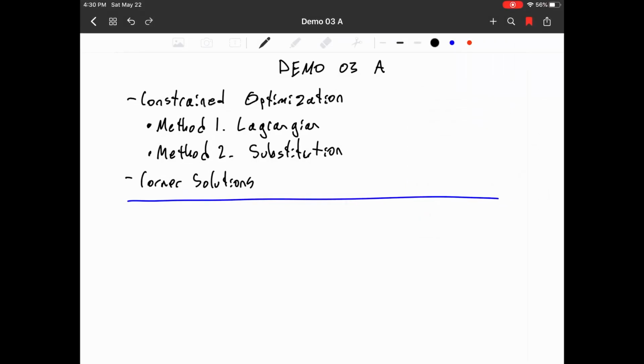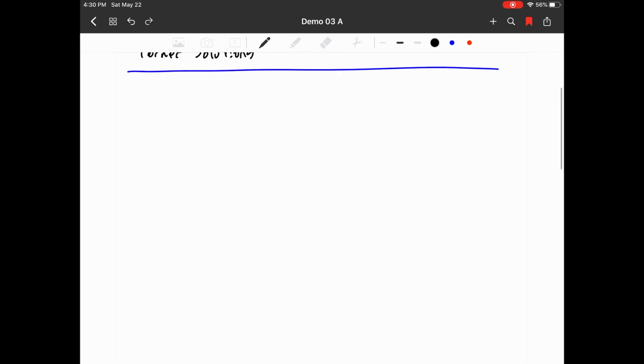Okay, in this video, we're going to talk about constrained optimization. We're going to walk through two different methods for constrained optimization solutions. And then at the end, we'll talk about corner solutions and how to think about them and how to work with them mathematically. So to begin here, we're going to start with a general optimization problem that we're going